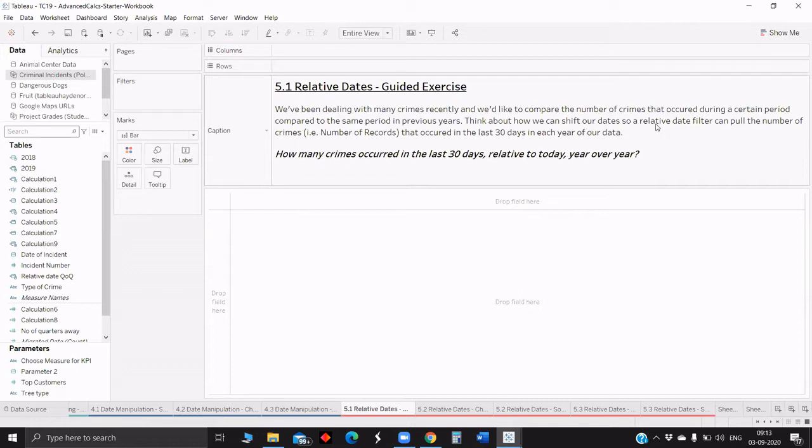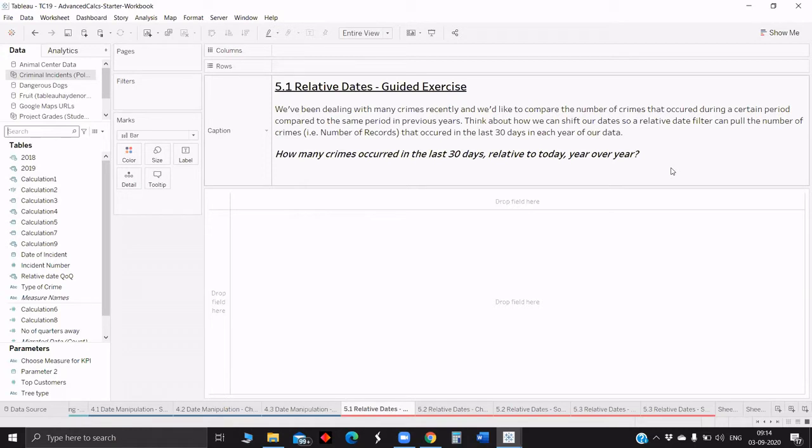Okay, I'll explain it for you guys. This is the data set in which we have the date and the crime, denoted by crime number, and we have the type of crime. What they are asking here is that we are supposed to show the number of crimes that happened in the last 30 days relative to today, year over year.